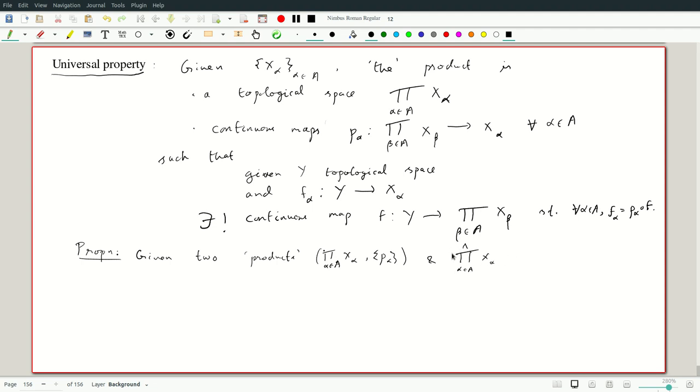Suppose I had the usual product, and I have another way of constructing a product which I say satisfies the same property. So P hat of X alpha, and then I have P alpha hat. A product is not just a space, an object, but a space together with a collection of maps. So given two products satisfying the above,